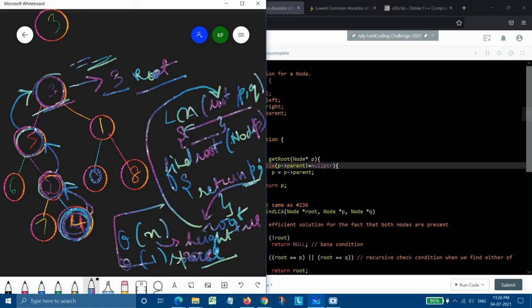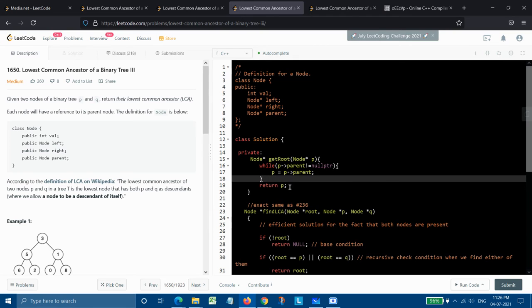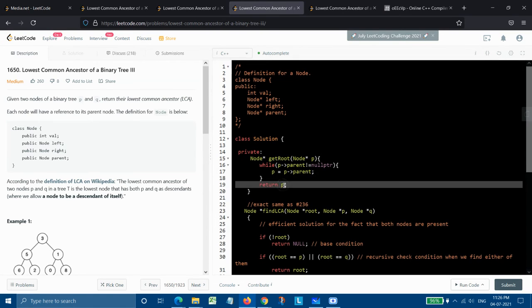It's because if we were simply going here, we had encountered a null pointer. Then we were going here, we hadn't encountered any null pointer. Then we were going here, we hadn't encountered any null pointer. And when we came here, at this moment the value of its parent was null. So when we encountered this null pointer, we need to exit that while loop, and at that moment whatever will be the value of this p, that will be our root value.